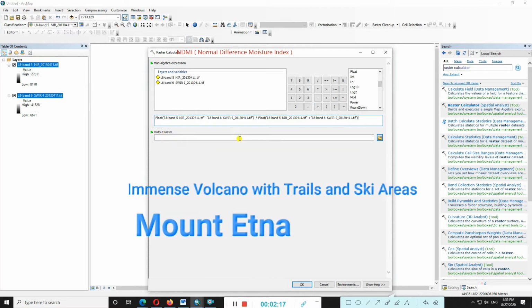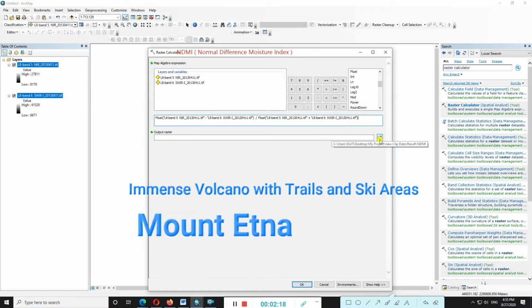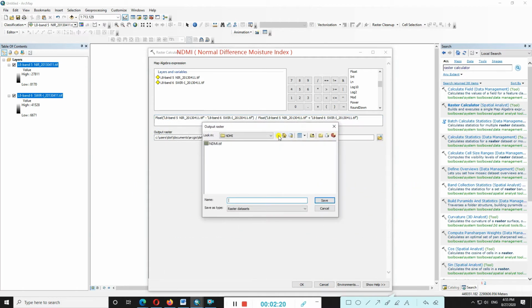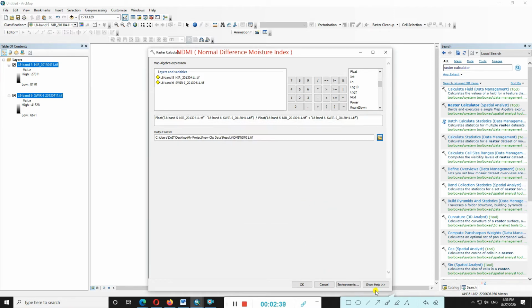Click on output raster where you want to store it. I am adding here NDMI1.tif. Click save.